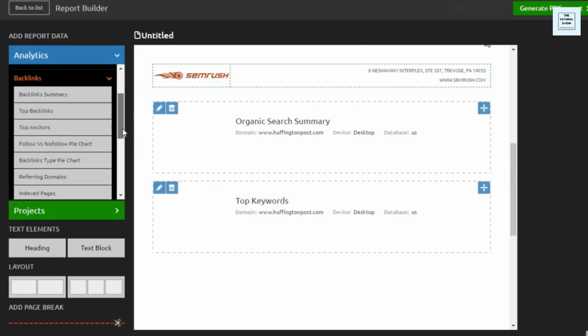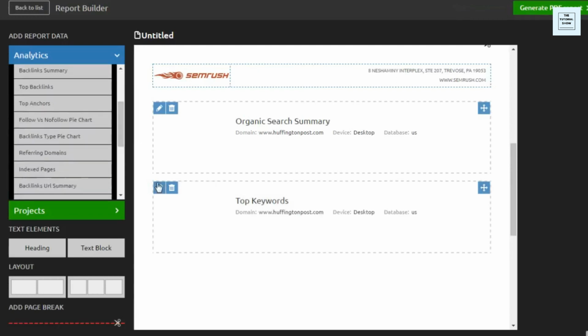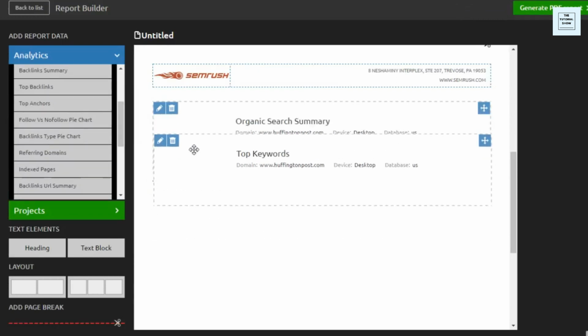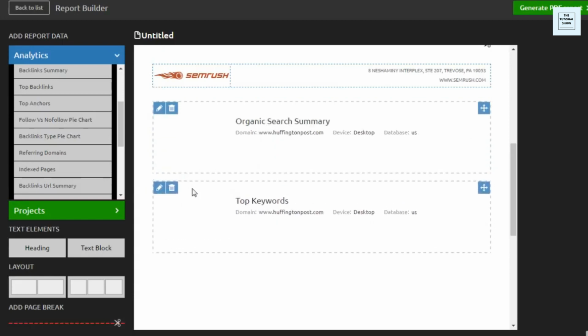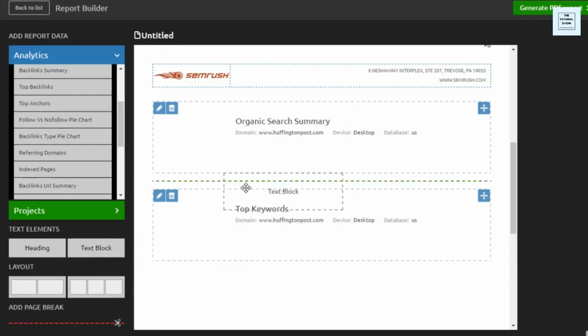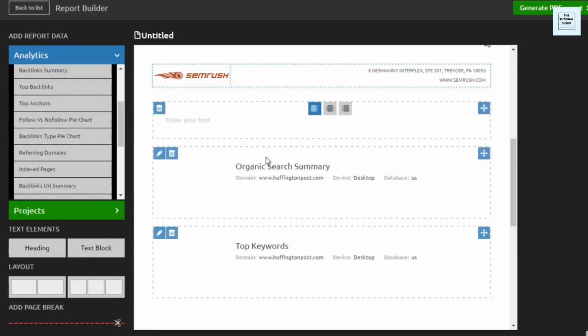So we can go through and add in any of this information here that we would like. And you'll be able to change the order if you don't like how something is displayed. Here it shows that you can actually add in a text block, so you can add that to wherever you would like it to go. And then you can insert your text here and really describe what the report is about to help your clients out. Again, if you want to put different headings in here, if you want to have a special layout,